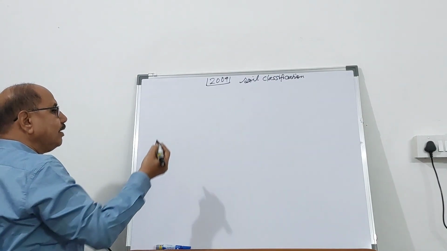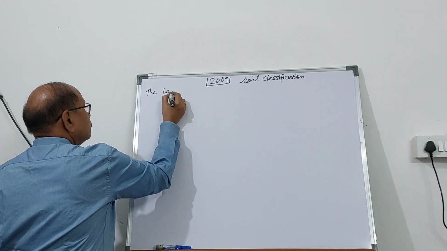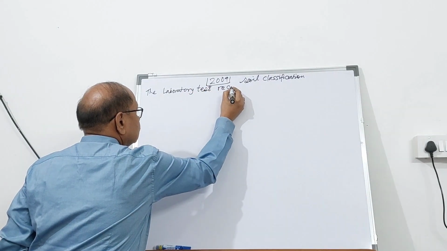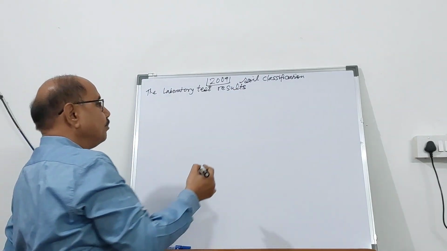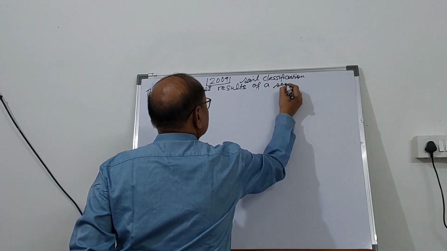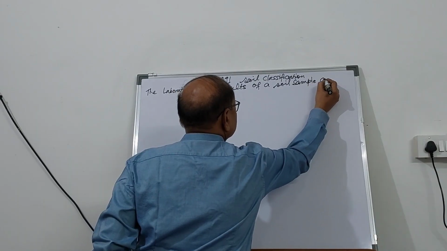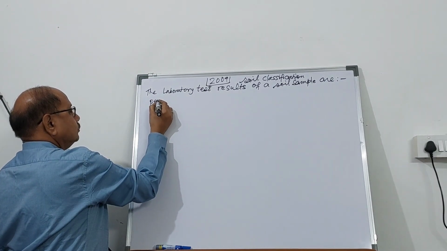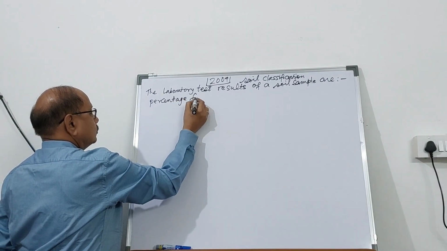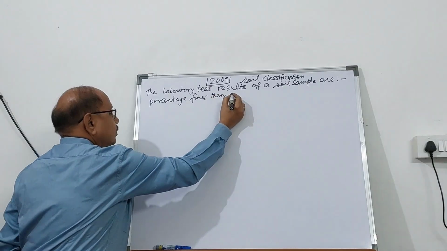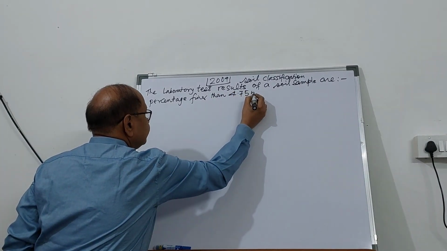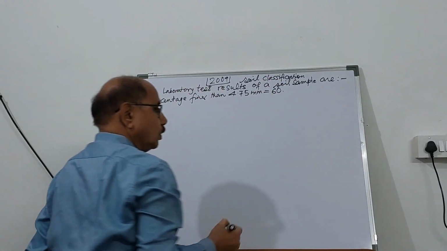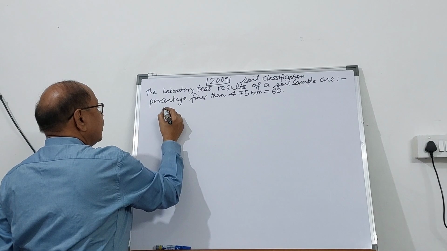So one of the questions is: the lab test results of a soil sample are given as the percentage finer than 4.75 mm equal to 60, percentage finer than 75 micron